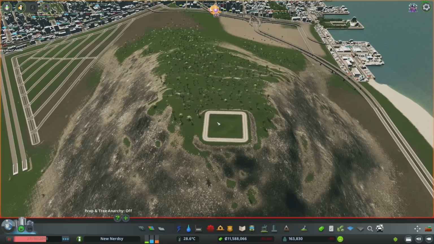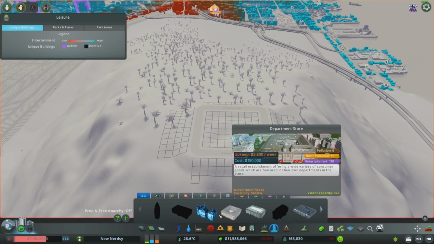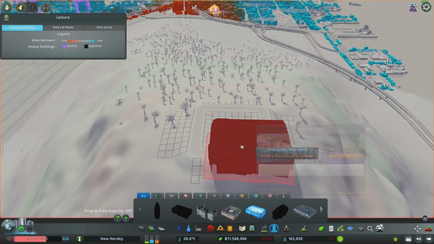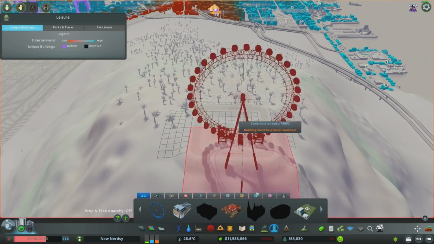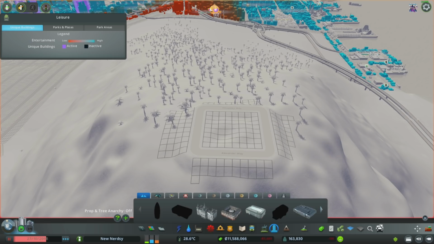maybe we try and do some like castle thing up there. Department store. Just put a Tesco up there, basically. Shopping center. Yeah, there you go. We could do, you know, the London Eye. We could do the Chirpex launch site. I think I might just do like a little...